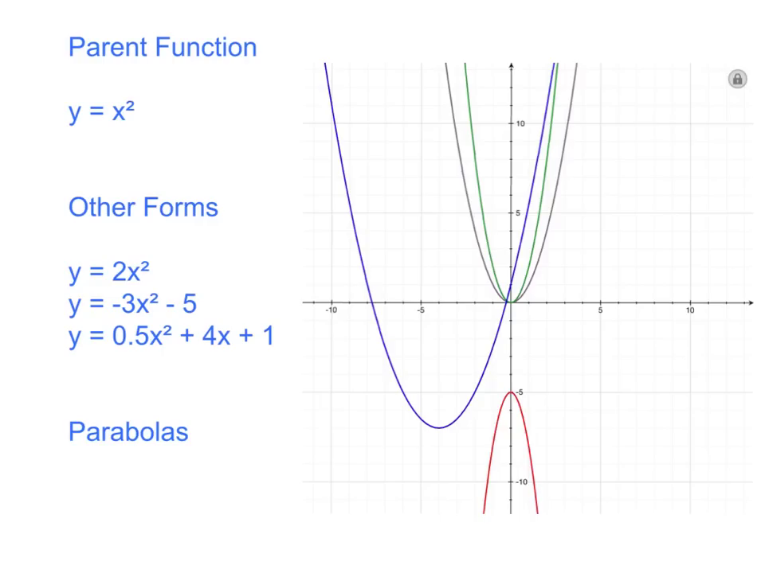Here we have some examples of different forms of quadratic equations. The first one we call the parent function. It just means it's the most basic form of a quadratic, y equals x squared. But we have other forms. You can have a number in front, but it would still be a monomial, y equals 2x squared. You could add or subtract a number at the end, and then you have a binomial,